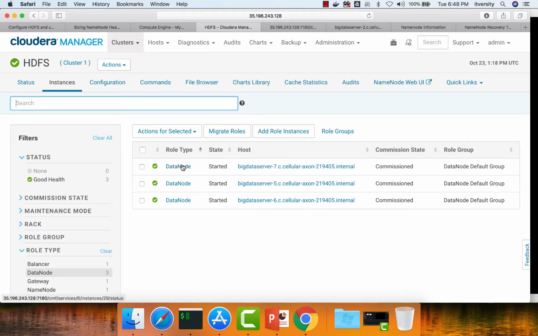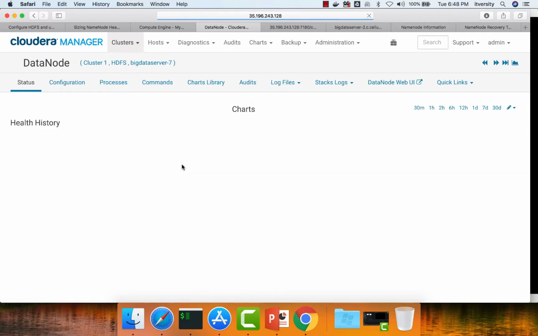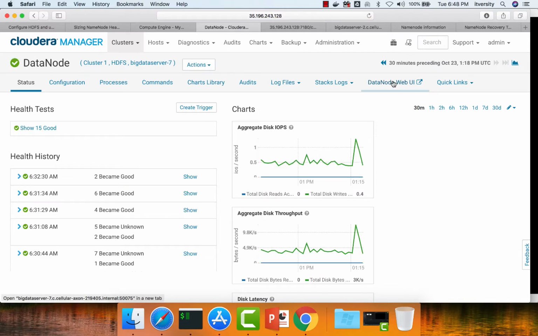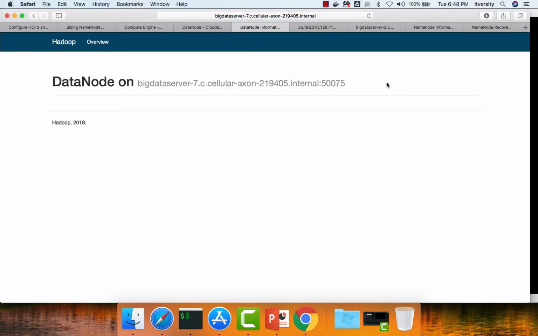You can click on the respective data node from here. As we have a mapping between private IP and DNS defined as part of /etc/hosts, you can click on this to go to the data node web UI also. It will just take a moment and it will show the data node web UI. Primarily, you will be finding logs, I guess. Let me see if we will be able to see the logs. No, even logs are not available here. Anyway, it will hardly show any information here, but with respect to name node, you can see a lot